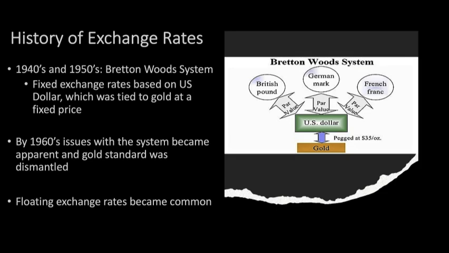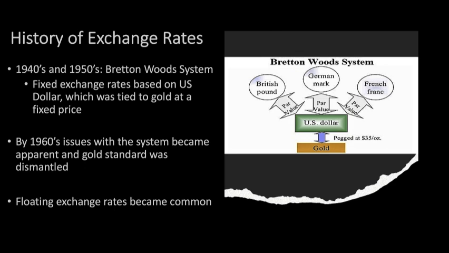Central banks used the US dollar as a reserve currency and intervened in the foreign exchange market to maintain exchange rate stability. By the 1960s, cracks began to appear in this system. Rising inflation, trade imbalances, and speculation against major currencies, including the British pound, strained its foundation. In 1967, the pound was devalued by 14.3%, and growing instability in global markets led to increasing pressure on the